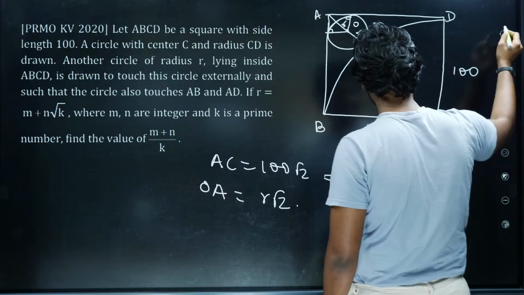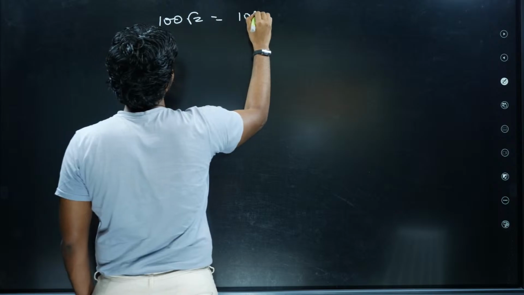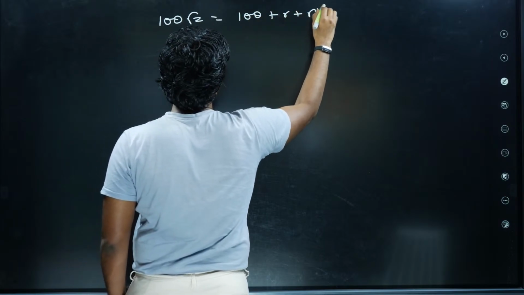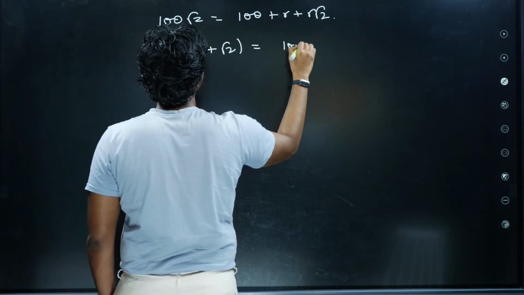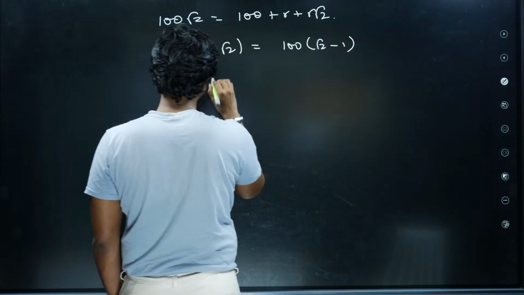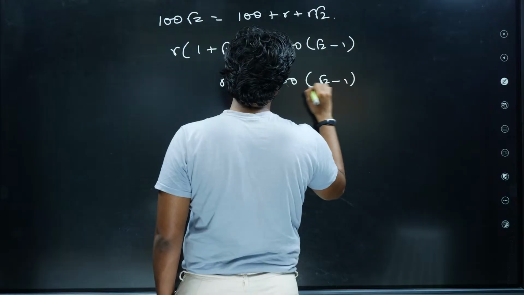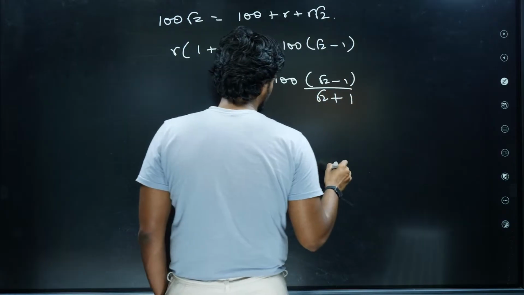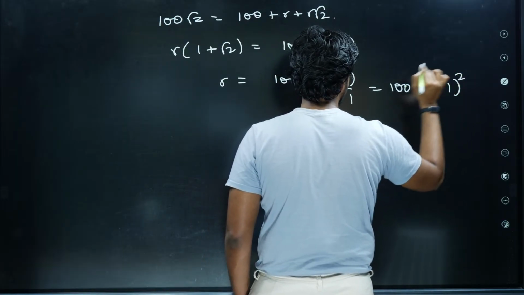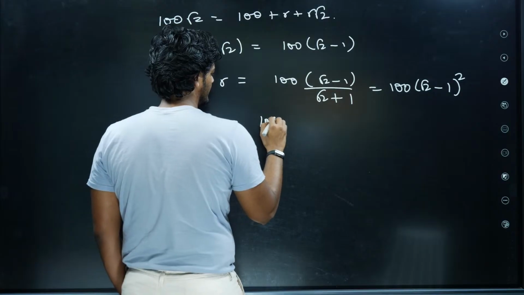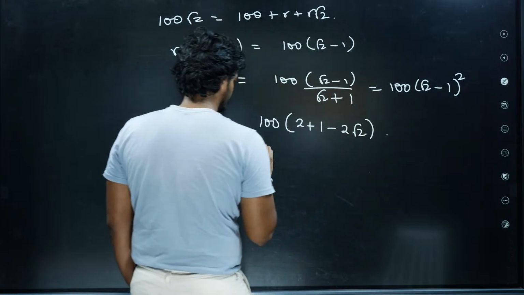So, I mean, it just requires 100 root 2 is equal to 100 plus R plus R. So, R into 1 plus root 2 is equal to 100 into root 2 minus 1. R is equal to 100 into root 2 minus 1 by root 2 plus 1. That is simply 100 root 2 minus 1 whole square. So that is 100, 2 plus 1 minus 2 root 2. So 300